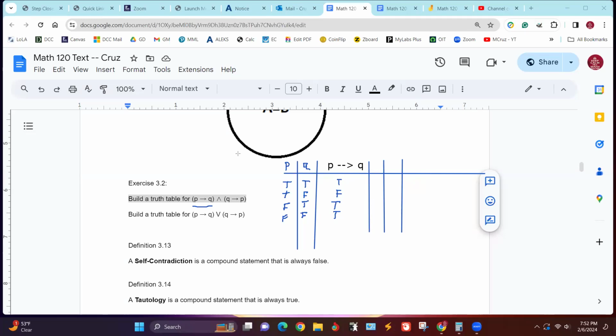So what I'm going to do is write my Q and P, because what I need to have over here is if Q, then P. See, it's the backward ones here now. It's just a different direction.